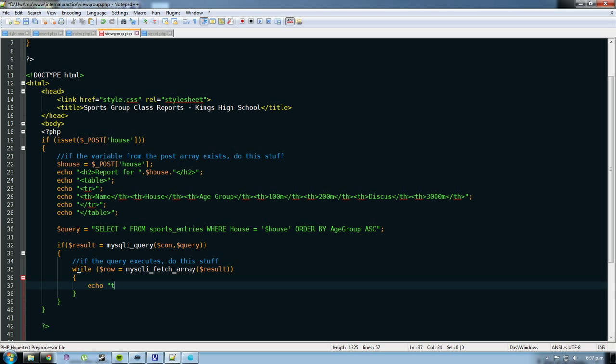And here's where it is familiar to you, because we're going to echo table row, and then we're going to echo a table data cell, and in there we're going to put $row, and we're going to grab the first result from it, which should be name, just like that, $NTD, oops,